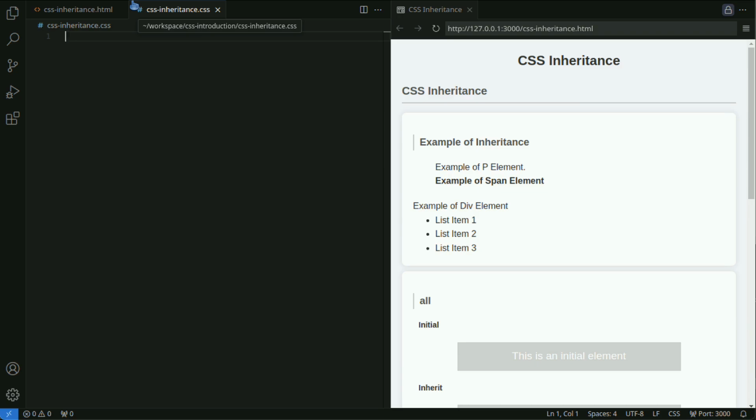In CSS, some properties are automatically inherited from parent elements to child elements. This is a useful mechanism because once you set a specific property, child elements will also have the same style, eliminating the need to set it repeatedly. However, not all properties are inherited. Some properties are inherited while others are not. For example, color and font family are inherited, but box model properties like margin and padding are not.